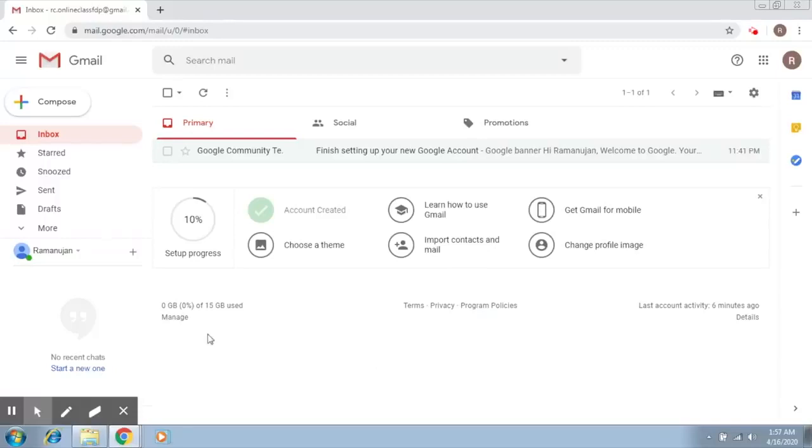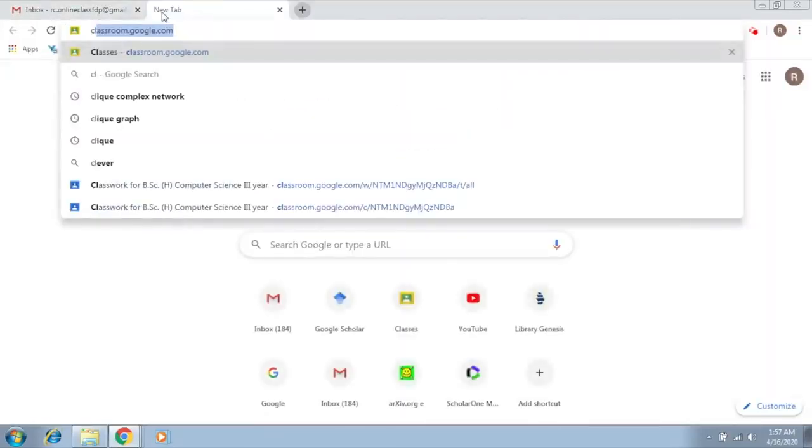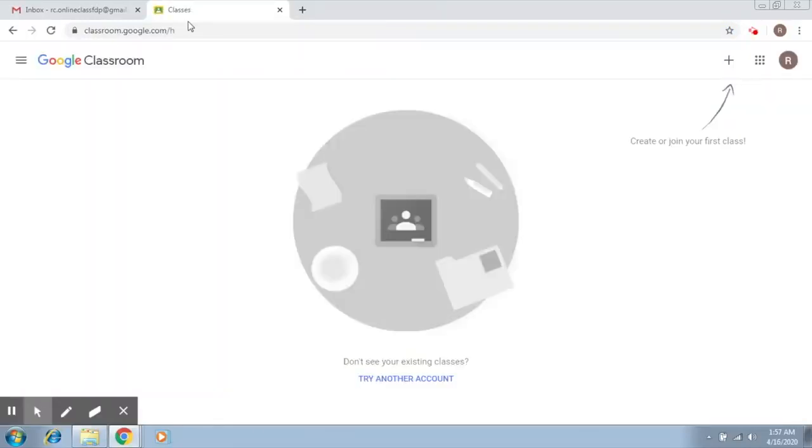Now I have created a Gmail ID for this particular purpose. It is rc.onlineclassfdp@gmail.com. You will be using your own IDs for this particular purpose. Now what you simply do is you click on this tab and type in this particular link, which is classroom.google.com. Please remember classroom.google.com. You go to this particular link and it takes you to the screen that allows you to create or